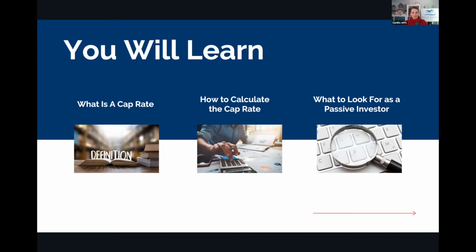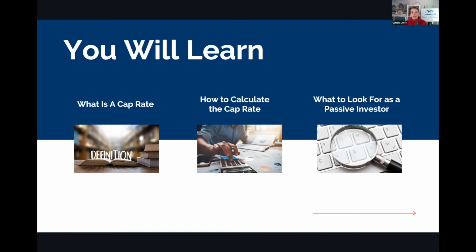So today we're going to learn about what a cap rate is. When I started out, I spent my first 15 years investing in real estate, all in single family and small multifamily, and I never even heard of a cap rate. I never used one. I didn't understand it. So when I shifted into large multifamily and commercial real estate, all of a sudden cap rate was all the rage and you had to understand it. It took some time for me to figure it out, so I'm going to try and simplify it for you today.